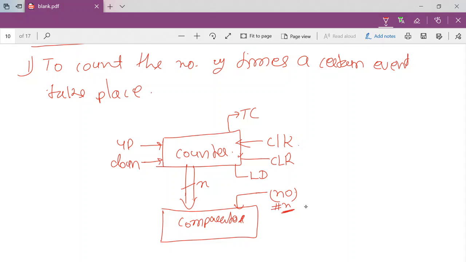Now, can you analyze where we will apply the occurrence of the event? Suppose a particular event has occurred and we want to count it. There should be another control signal, CNT, the count enable, and we will apply the occurrence of the event on that signal.